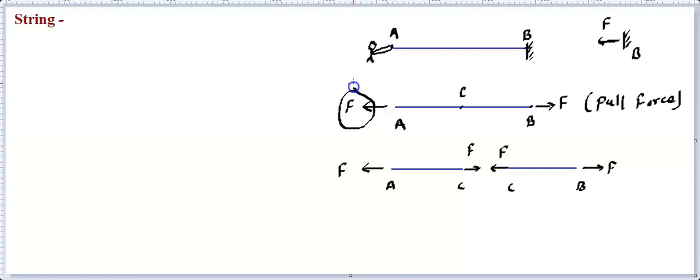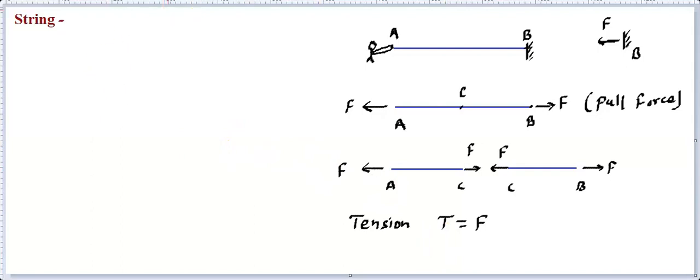Right? This force is being applied by the person, so we call this an external force. Making sense? Now this force is called tension. So in a string there is a tension, and instead of calling it a force, we will call it a tension. And this tension is the force that a string experiences at all its points. This tension is denoted by T, and this T is equal to F, the force that you apply in pulling it. And the point is that at all the points on the string you'll find the same tension acting.